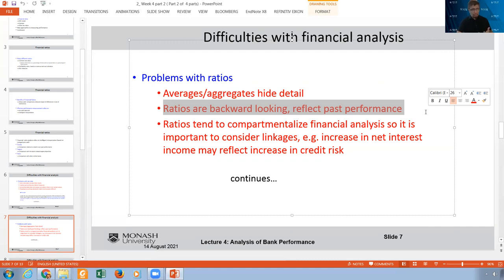It is the position of the bank or the corporation at this right moment, but it doesn't mean it will be in the future. And this right moment reflected only the past performance. Ratios need to compartmentalize the financial analysis. What do you mean by compartmentalize? Compartmentalize means you go and you study, for example, the common ratios, and you calculate